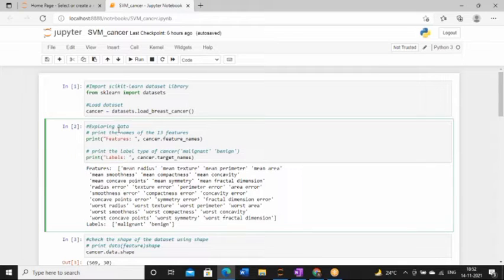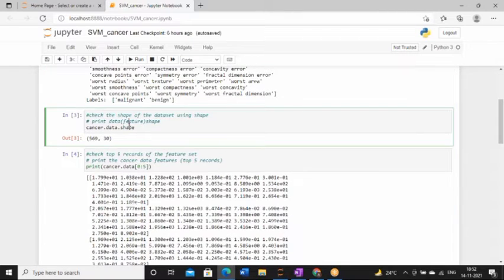Whenever you are performing any machine learning algorithm, this part is mandatory. Now go to the second part. Since this data source is completely unknown, this data set is not known to us, we have to know the dimension of the data set.